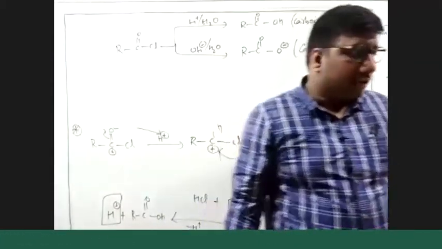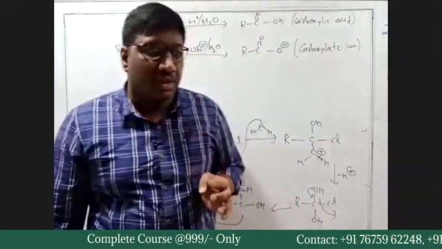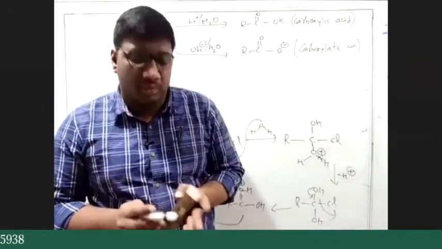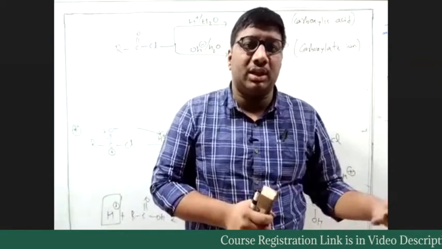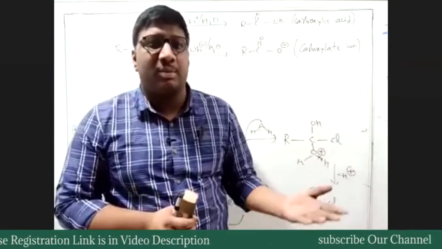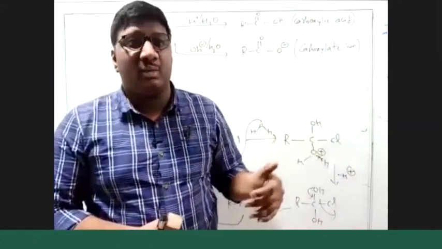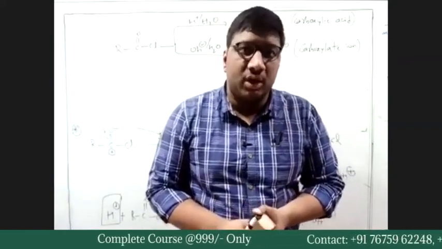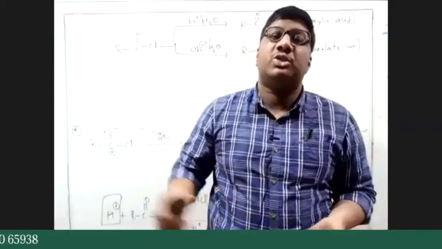So we are done with most of the preparations of carboxylic acids. So we can discuss physical properties now. Okay, listen to the concept. We'll write the theoretical part in the next class, but listen to the concept now. When preparation is done, we always need to go to the properties. So obviously physical properties and chemical properties need to be discussed, right? In physical properties, the main things are boiling points and solubility. In chemical properties, we have different types of chemical reactions which carboxylic acids will undergo.